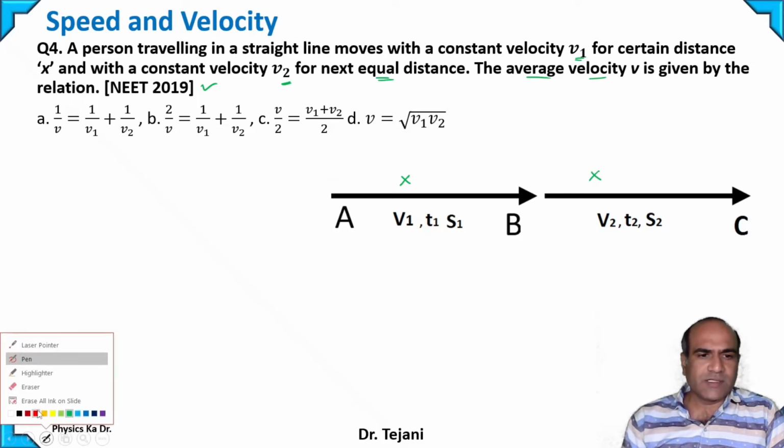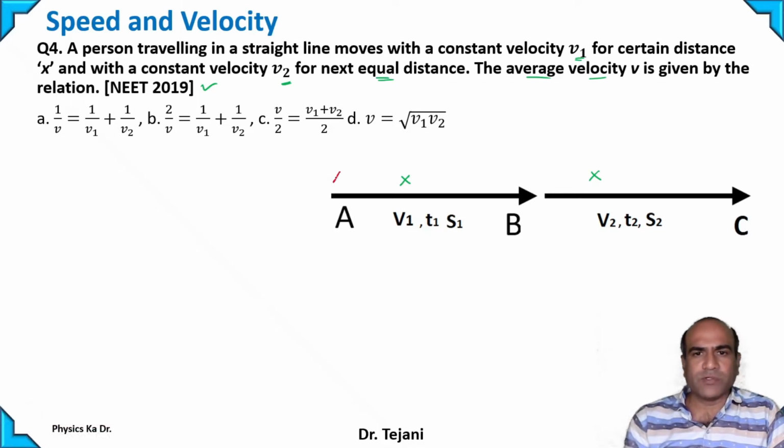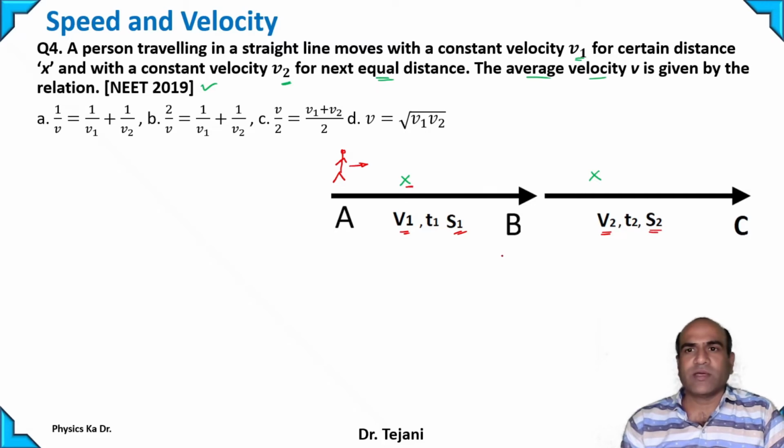So here, a person starts walking from position A. Let's have a person moving in this direction, and it travels x with some velocity v1. It travels another half with a v2 velocity. So s1, the first half, becomes x, and s2, the second half, becomes x. That is understood, right? Whenever you solve equations for 1D speed and velocity, always remember